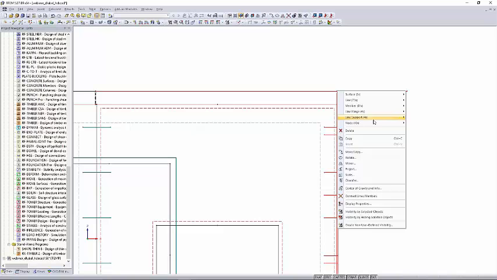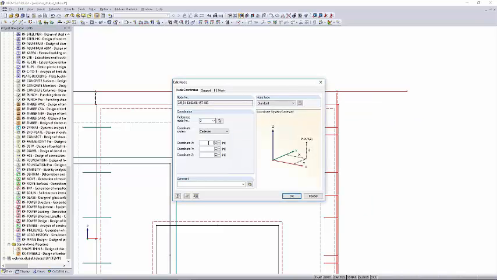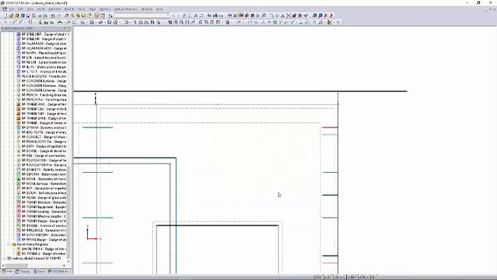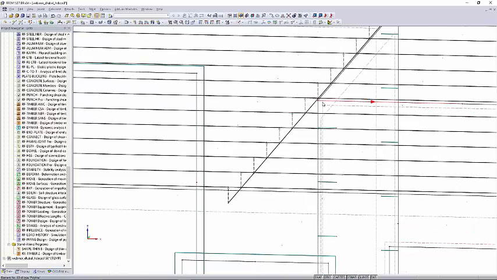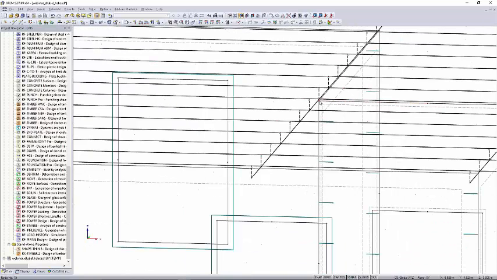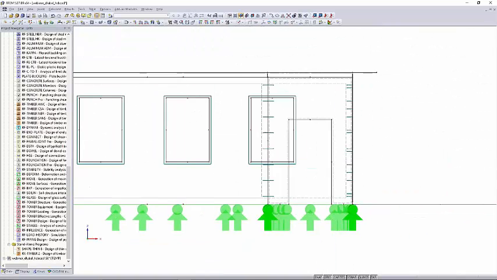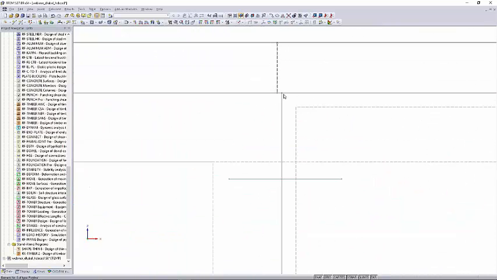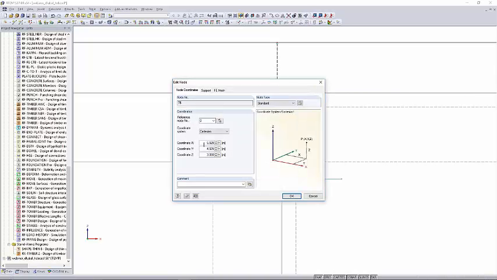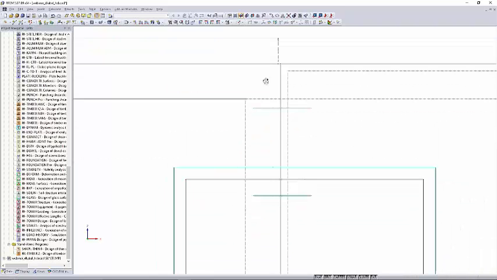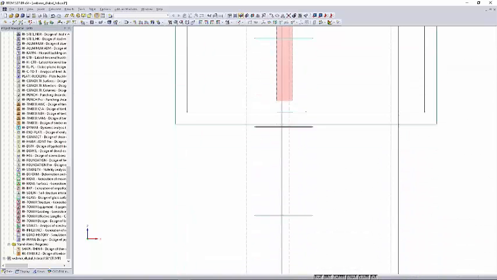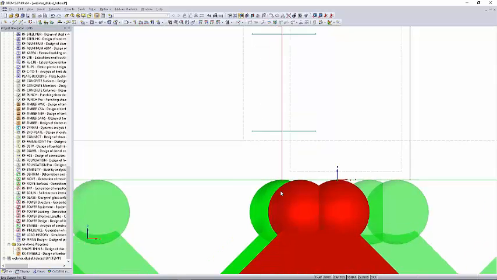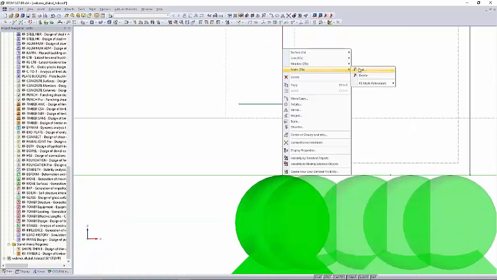And here say node edit and make all the X directions on the node the same. And even the same is here. That would work without it, but it would be a little bit too much on the safe side because you have this little distance in here between. That is something you probably will not want to have because the load introduction into the walls would be very high, and it would be on the safe side for sure, but it is probably not very economic in the design, and therefore I will also make all these nodes in the same range and edit